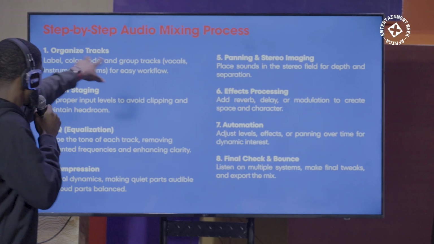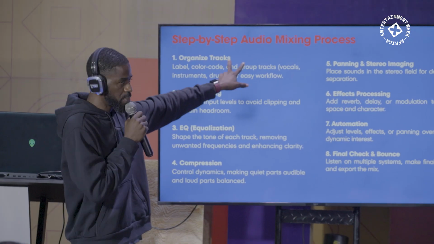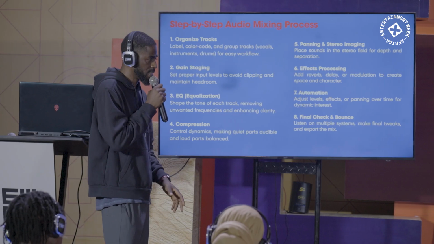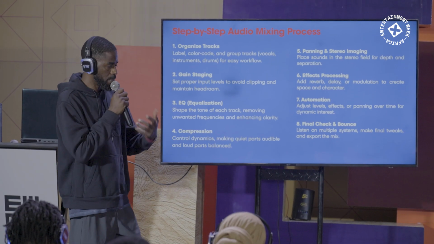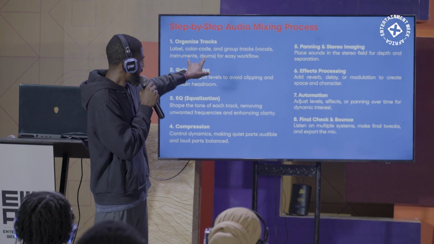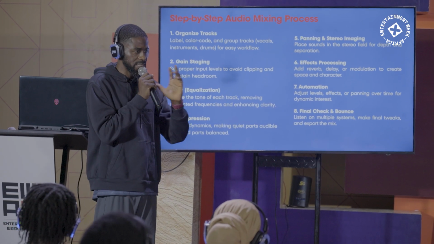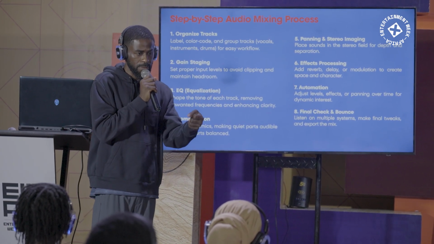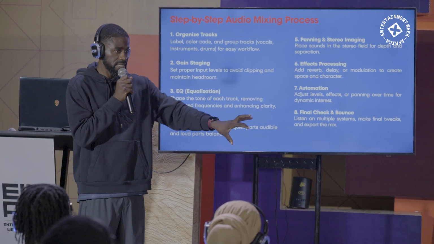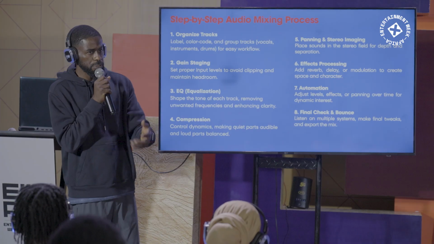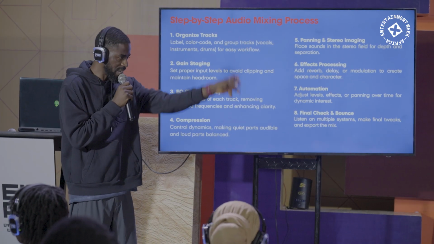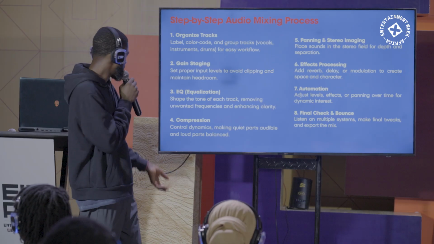Essentially, that's what this part is trying to say. Organize your tracks. For example, like I said, with my microphone cable, all I need to do is label it. I can label it as this is my female vocal cable, this is my male vocal cable, this is that. So that when you're troubleshooting, it's easy for you to say, okay, this is that, that is that. So organization of your workflow is very, very important, okay?